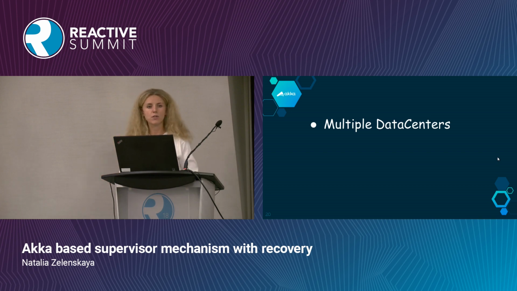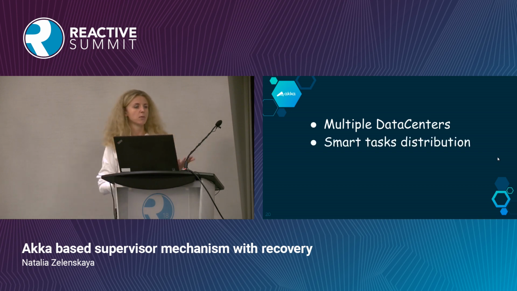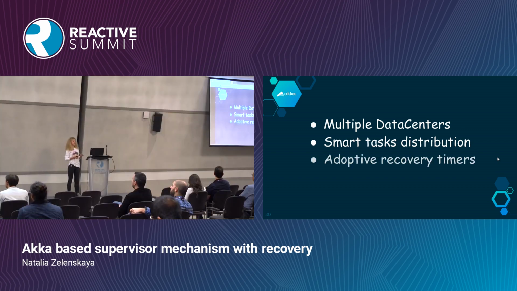You can also introduce smart task distribution. In my example, we just did simple even distribution between active nodes on the cluster, but you can also take into consideration current node loads, or the number of nodes participating in recovery, or overall data center health. For example, if the whole data center is not feeling well, you can switch the recovery to a new data center.